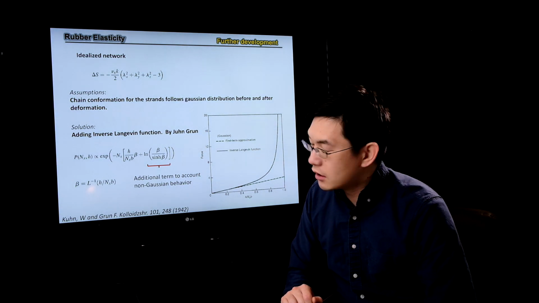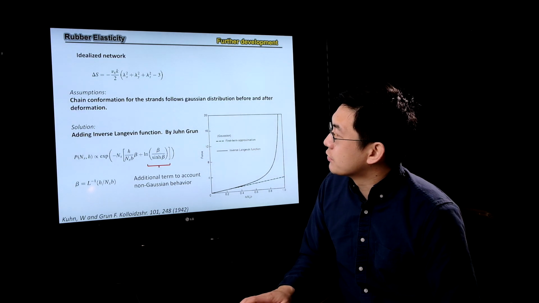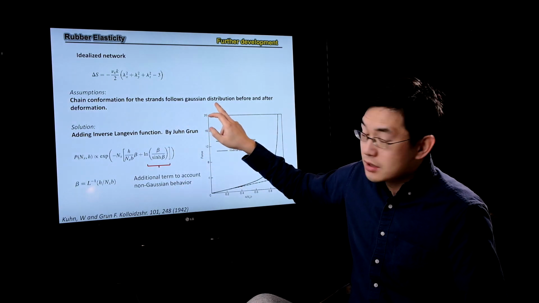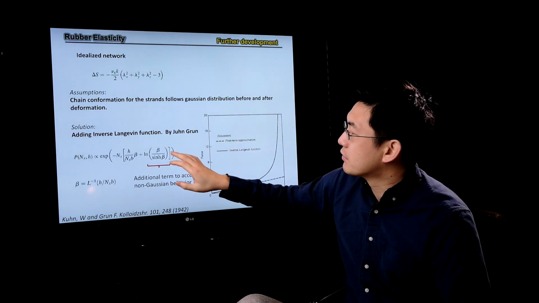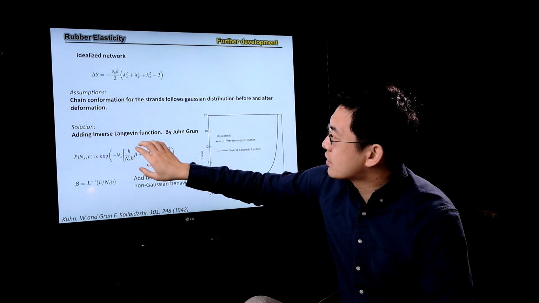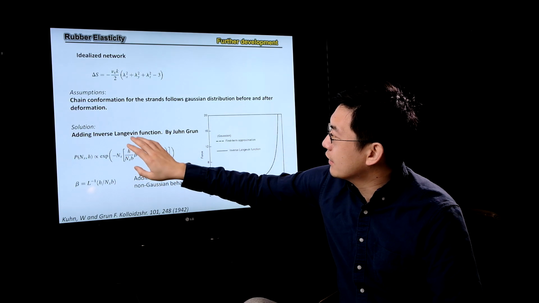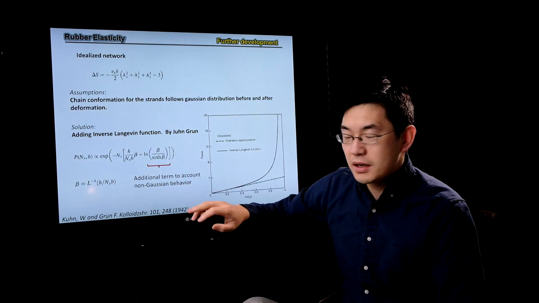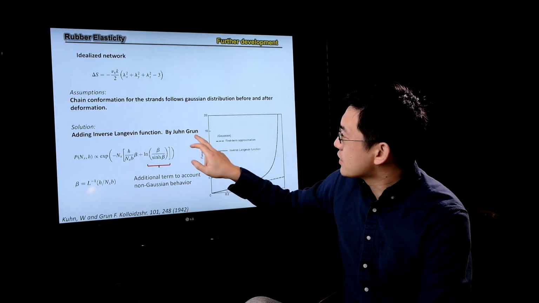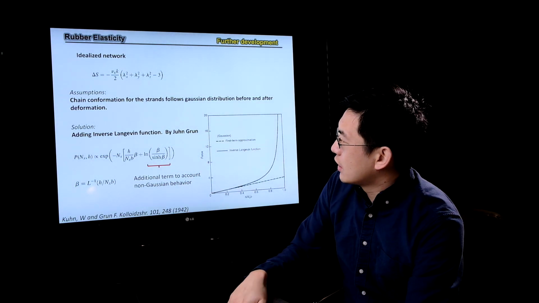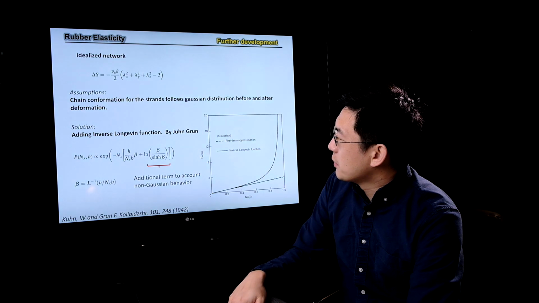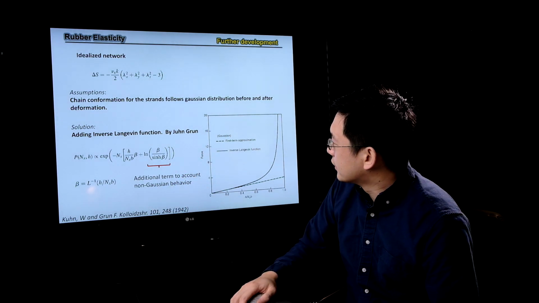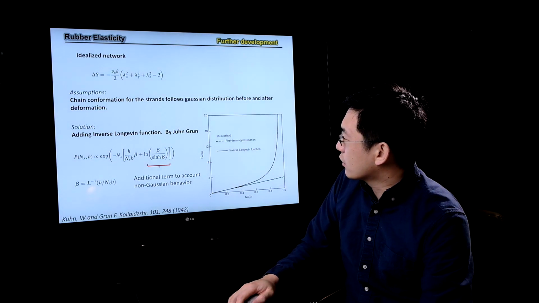So first, let's see what adjustments we can make. The assumption that chain conformation under strain follows a Gaussian distribution is one of the big reasons we need to address this, and this was done by adding an inverse Langevin function. This is done by Jung. So this approach is slightly different, where people added additional terms to account for non-Gaussian behavior. Okay, so if you look at the force